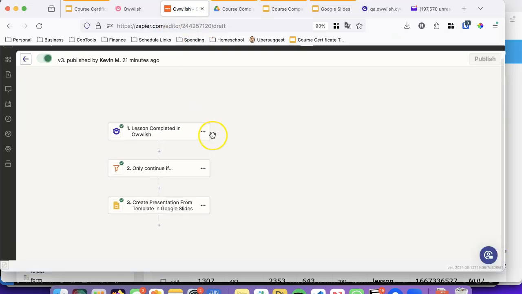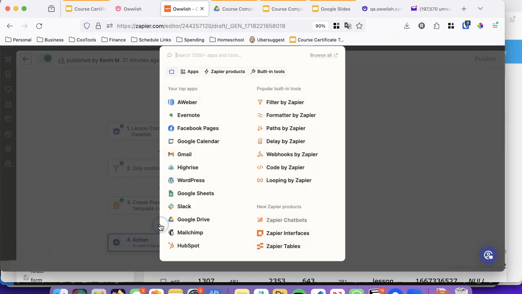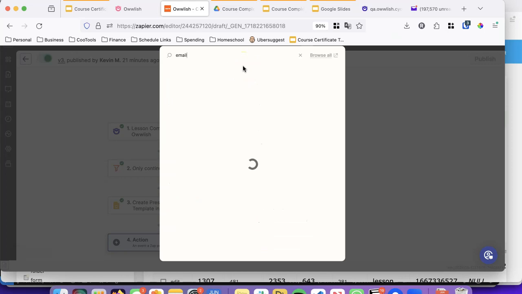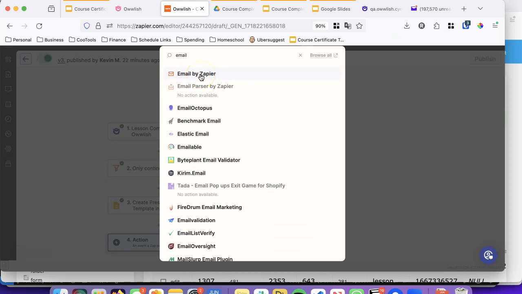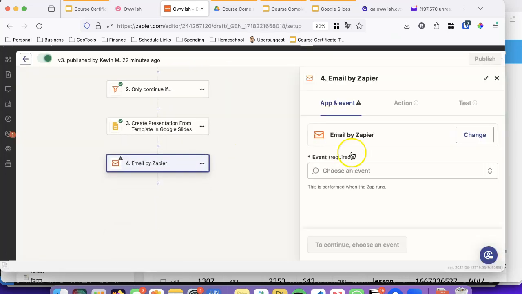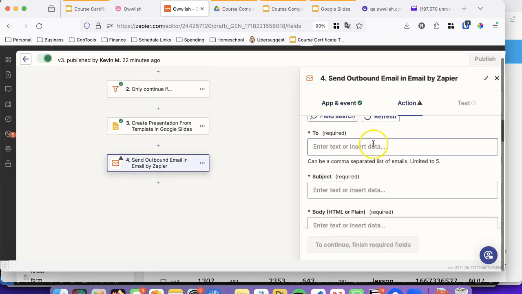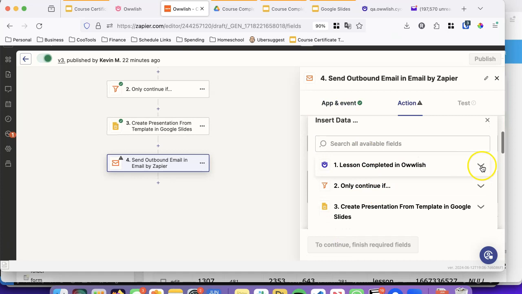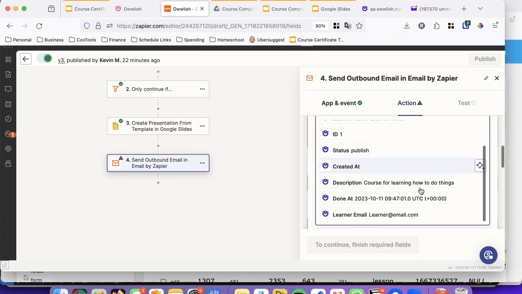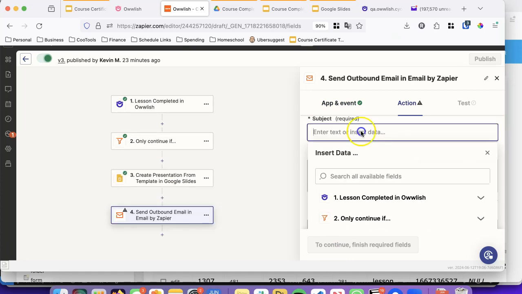Well, the next step we can do is just add an additional step to this. And so we can use something like email. And there's actually Email by Zapier, which is pretty easy. And we can choose to send an outbound email. We can put the learner email here. And then we can name the subject, congratulations,